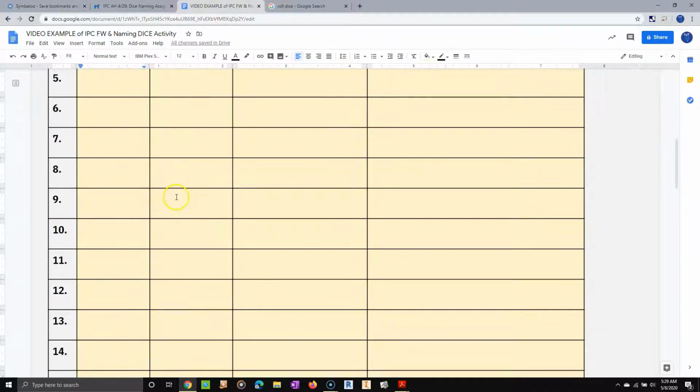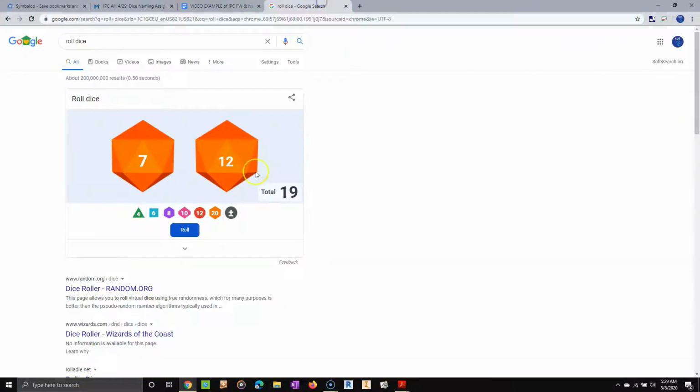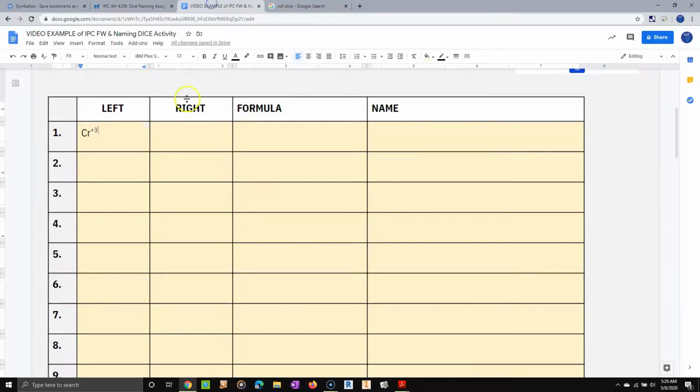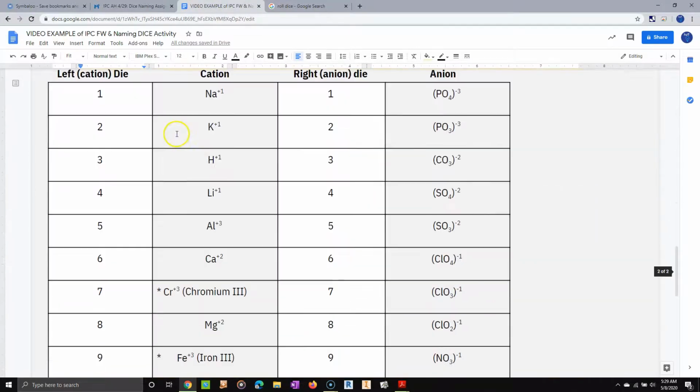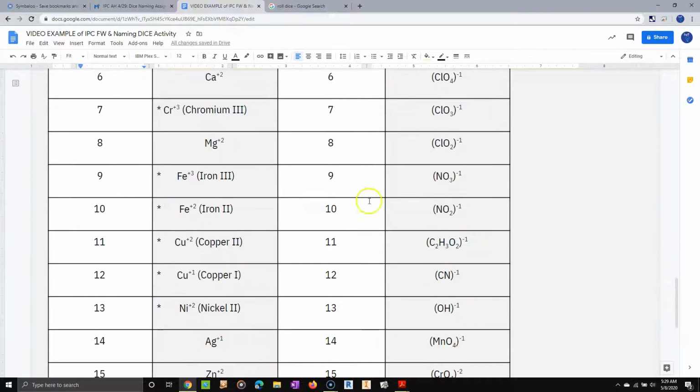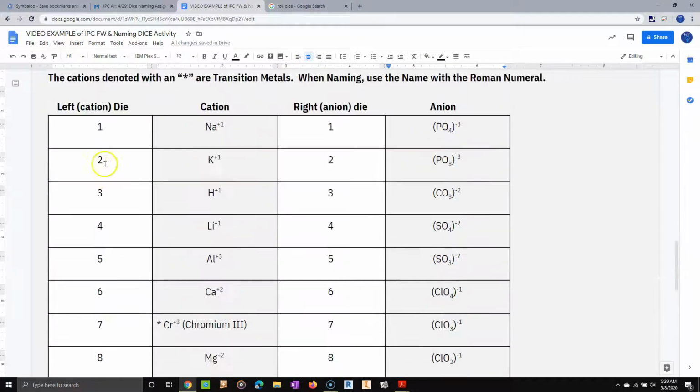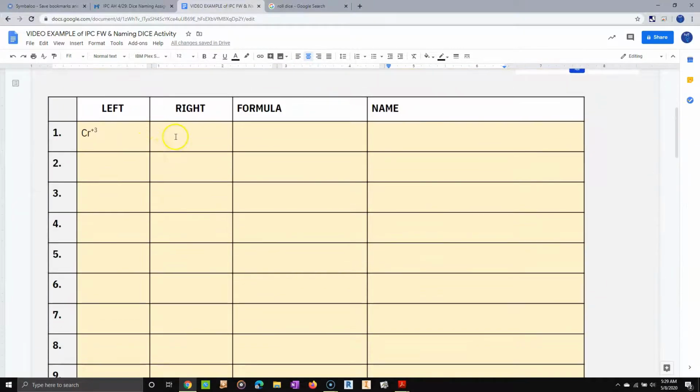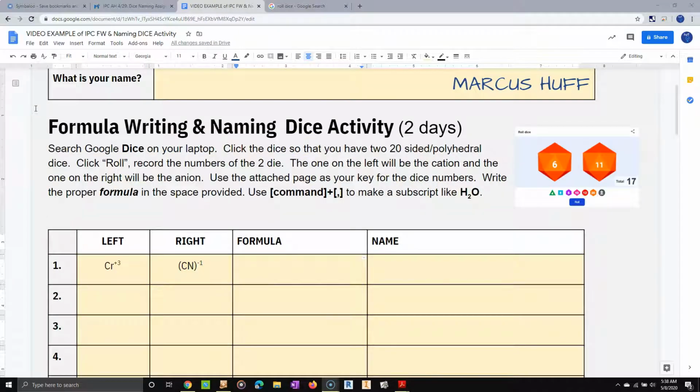And then we're going to go down to the right side. If I look at my dice, so I'm going to go right here on the right side and go find the anion for number 12. That's CN negative 1. Copy this, paste it right here. And I don't know why that didn't center. I'm going to center. It bothers me. There we go. Okay, so the next thing we need to do is get the formula for chromium 3